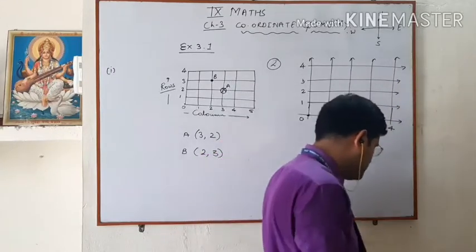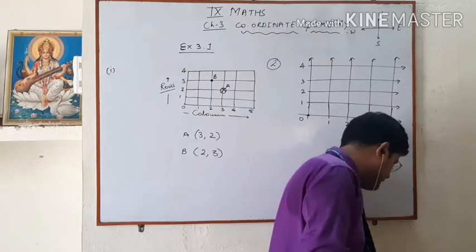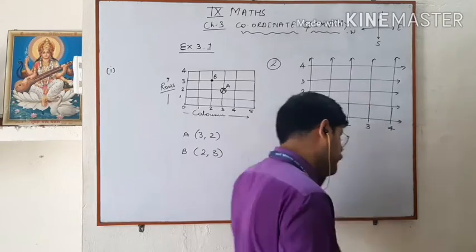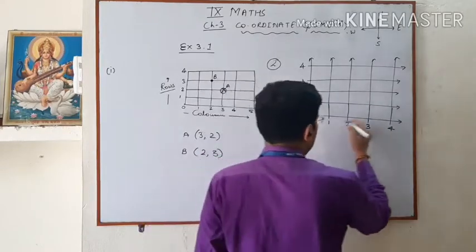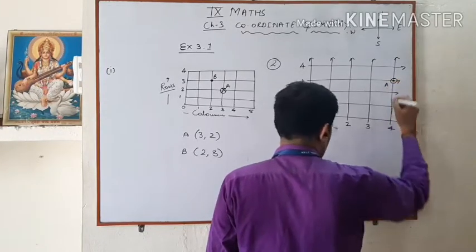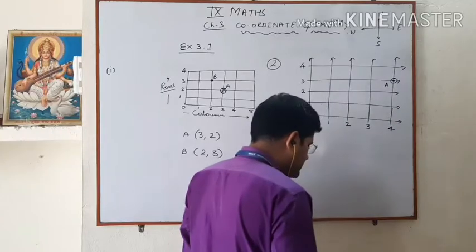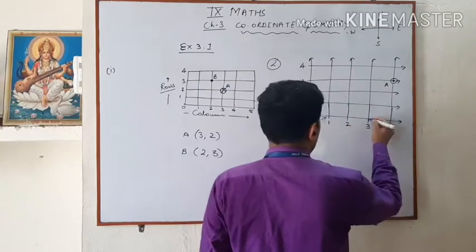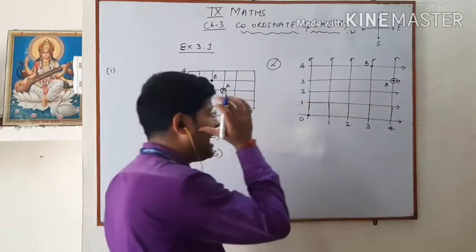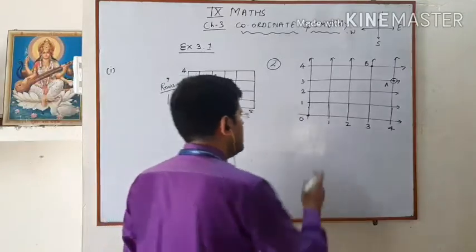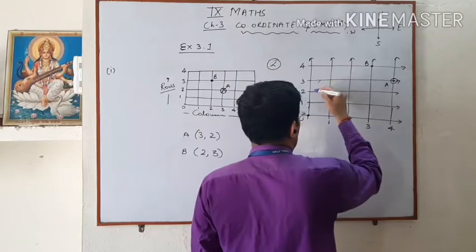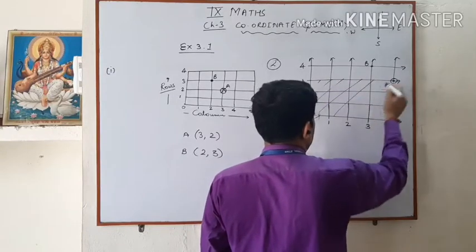Now I am going to first read the sum. First column of the first part: how many crossed streets can be referred? 4, 3. So if you go to 4, 3, the 4 and 3 is here, 1, 2, 3. Position A. The second one: how many crossed streets can be referred? 3, 4. Here. So we have to move 4 parts horizontally and 3 parts vertically. The whole will be shaded like that.